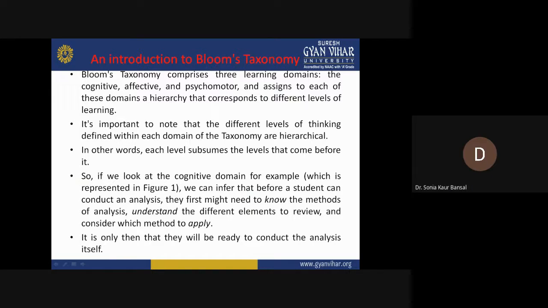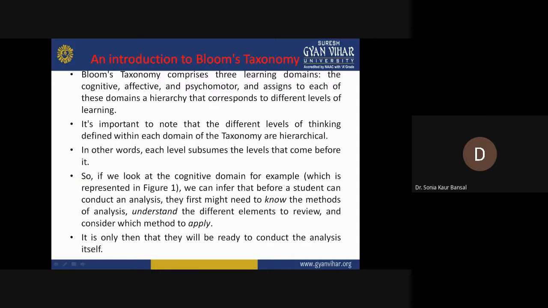So it is really very important to understand that Bloom's taxonomy directly relates to the different levels of thinking defined within each domain of the taxonomy hierarchy. This is how it is represented, and to go into more detail, we can say that Bloom's taxonomy